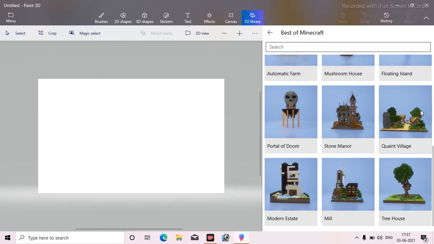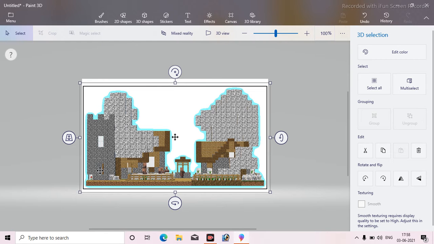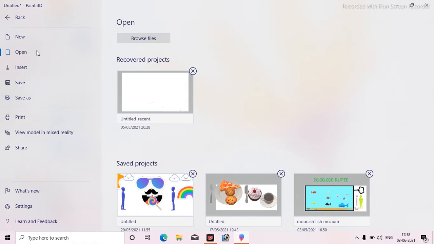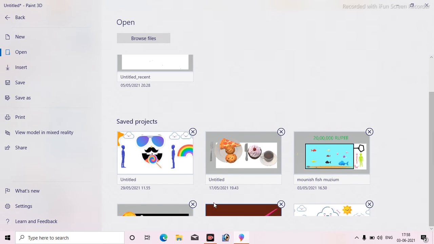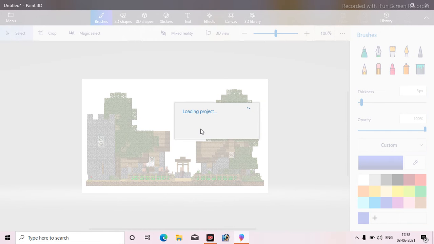And see, here is a village also, but I don't think any villager is there. Let us check. Yeah, some villagers are there. Okay, not some, very many. 1, 2, 3, 4, 5, 6. Six villagers are spotted. Now I have made some drawings which I will show you with the help of 3D Library. I mean, that is useful. That takes one of the spaces. Don't save please. Loading project. Let us meet after the project loads.